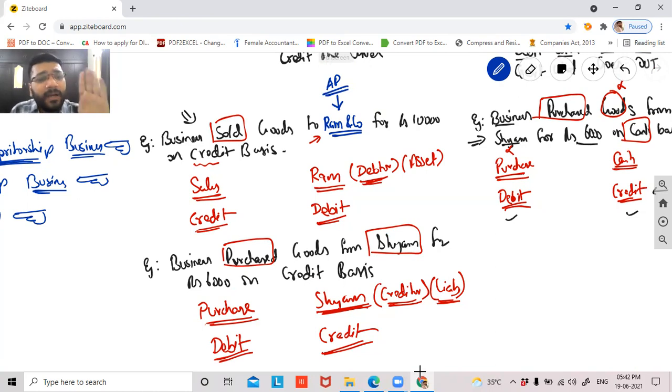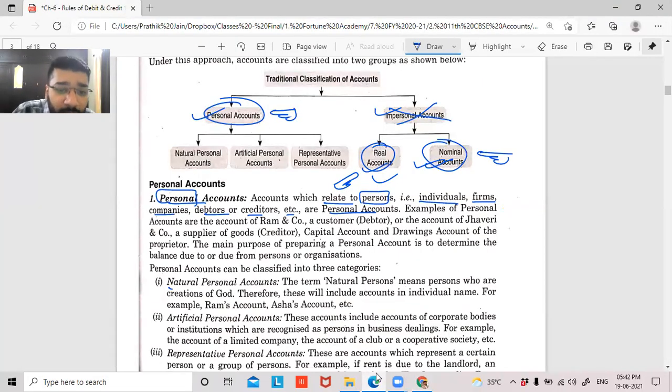Is it necessary that anybody who comes and purchases or sells in my business has to be a natural person? Some other business can also come and purchase from me, no? To some other business also I can sell the goods, right? So I can be dealing with a natural person or an artificial person. So this personal account, guys, has got 2 categories. That is, one is the natural person category, another is the artificial person category. If anywhere you come across natural persons, you look up to the personal account for debit and credit. If you're dealing with artificial persons anywhere, then you look up to the personal account for debiting and crediting.